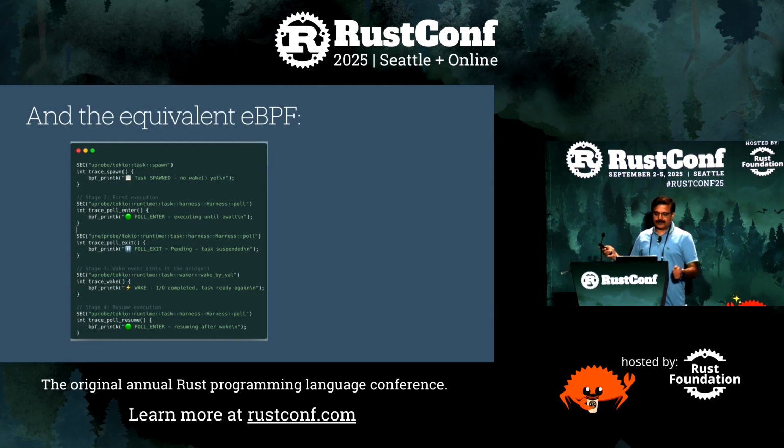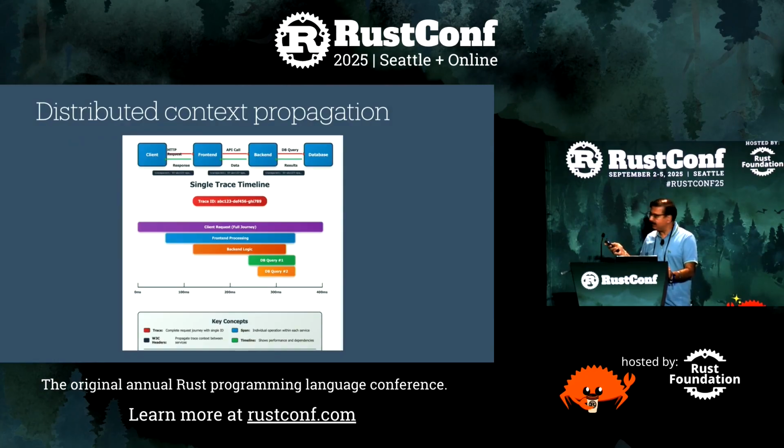So that was one of the challenges, how async works. There is another challenge, which is distributed context propagation. This diagram shows the distributed context propagation. Till now, whatever we have been seeing is in-process context propagation, where we are calling one function from another function. But in distributed context propagation, the context has to go out of the network boundary, and auto-instrumentation becomes a big challenge here, because now you don't need to maintain context information in a thread-local or task-local, but you need to add that context information in the HTTP headers while the API calls are being made. There is a W3C trace context specification which talks about the HTTP headers and